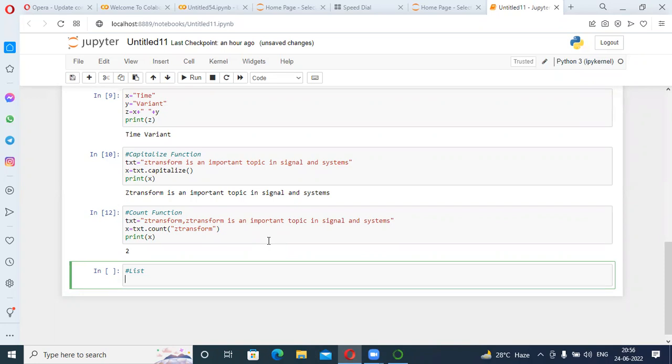Suppose I'm defining the list, the list is equal to